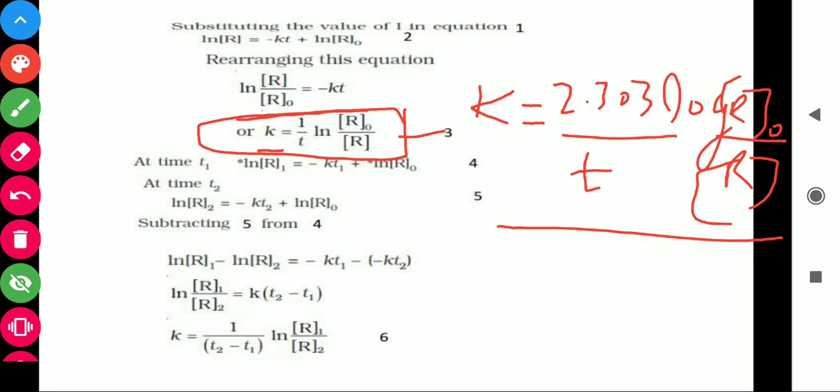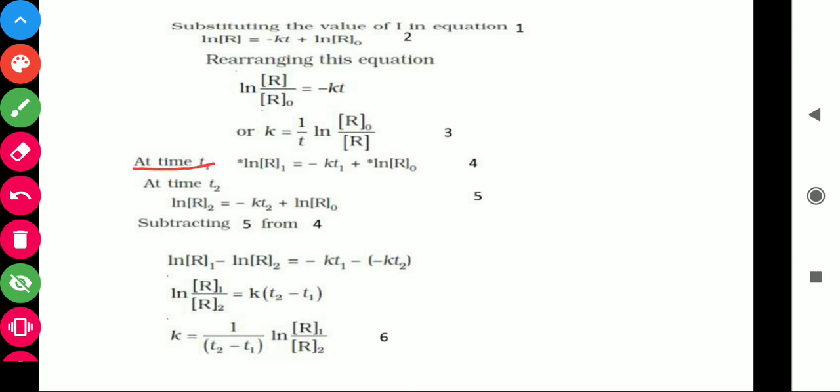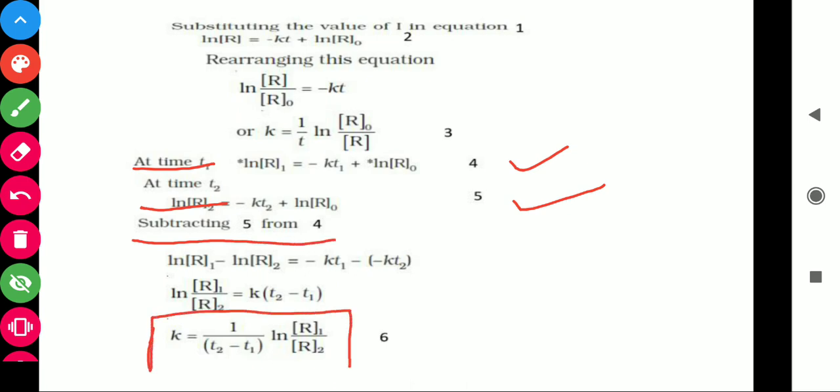If we want to compare for two time intervals, that is at t1 and at t2, these two equations which we have now, we will subtract them and then we will get this equation. When do we use these equations? This is used when two times are given. For example, after 8 seconds, after 10 seconds, the reactant is this and that. In this case, we will use